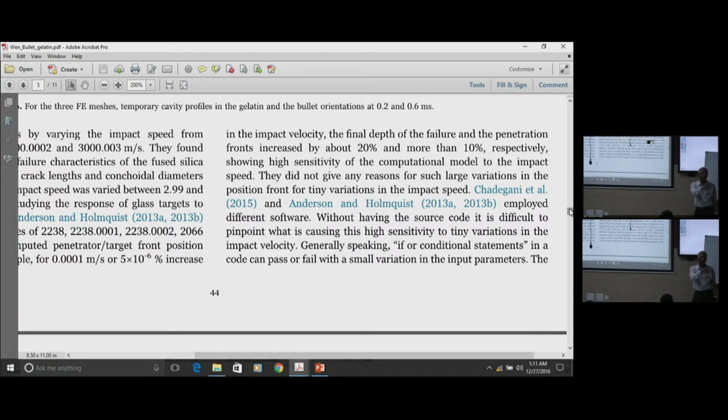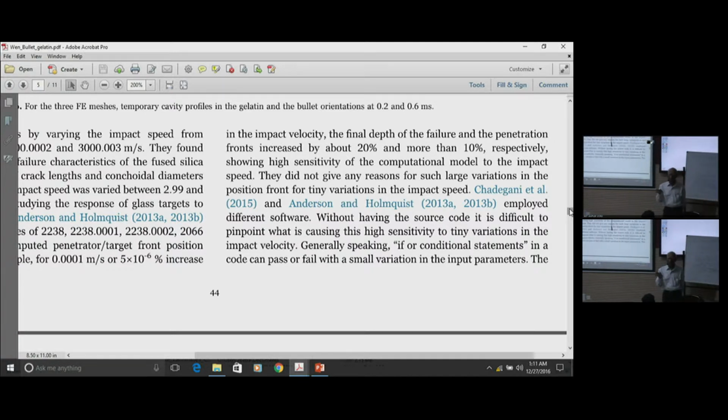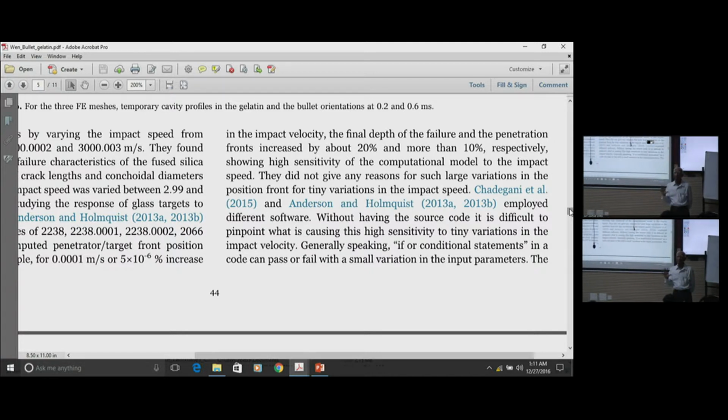So I think the answer to your question, because you said nonlinear stuff, I cannot guarantee it. So you really have to do sensitivity studies, and even if you do sensitivity studies here, you are basically saying my results are, I cannot tell you what is the error in my results. If you change the angle of attack a little bit, things change a little bit. But if you change the impact speed a little bit,